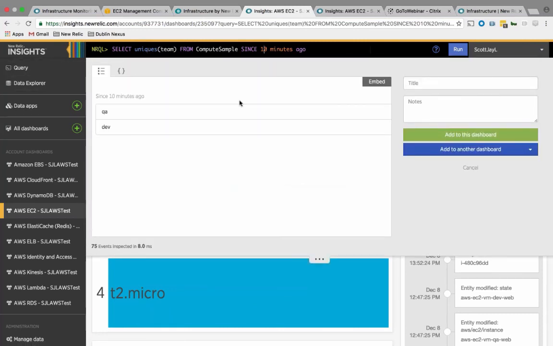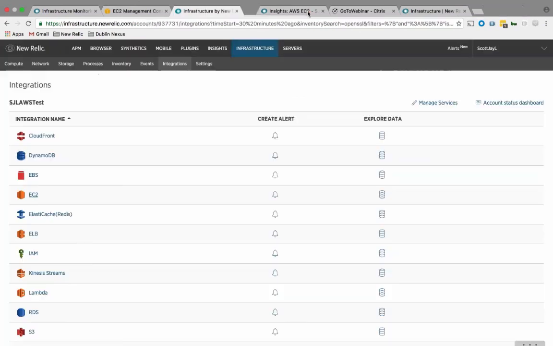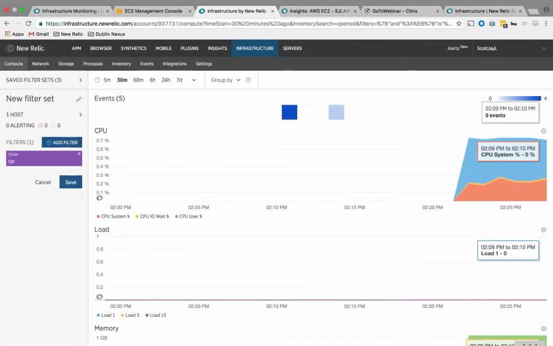So that information is now also going into Insights, and it's also being consumed from AWS. So you can see that entire process, in fact: adding two servers, two infrastructure, getting the metrics in, adding custom attributes,